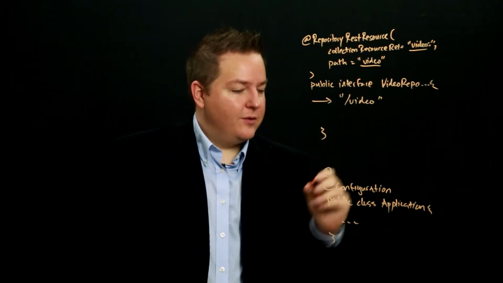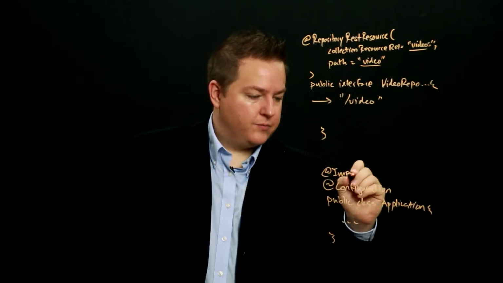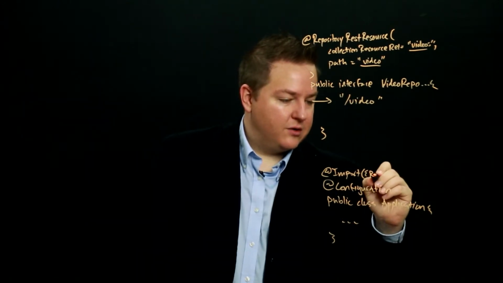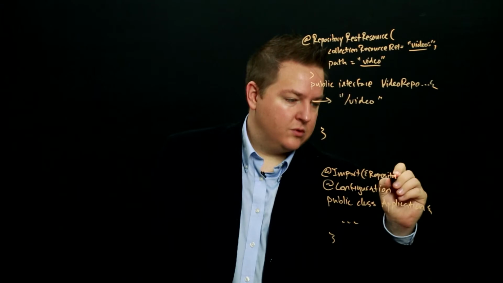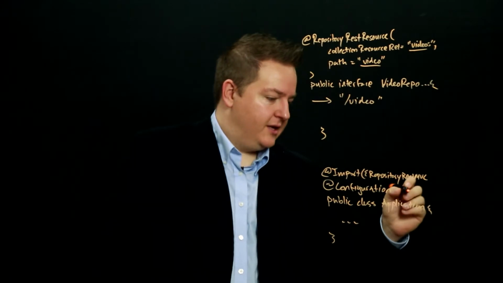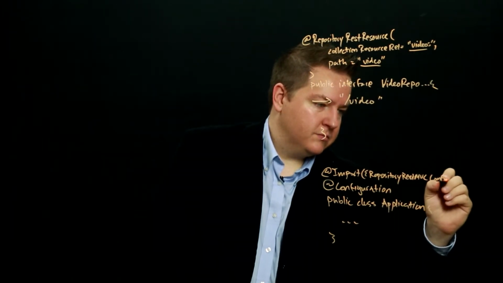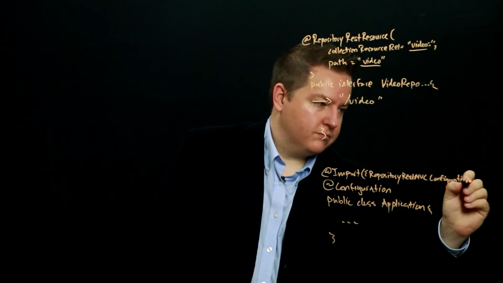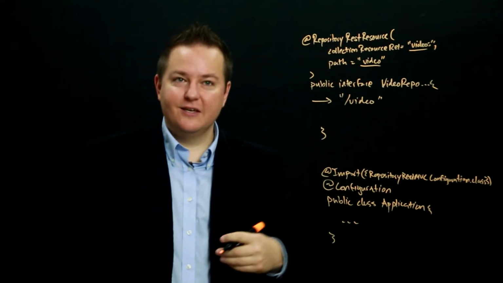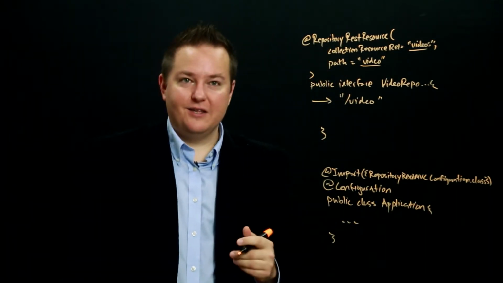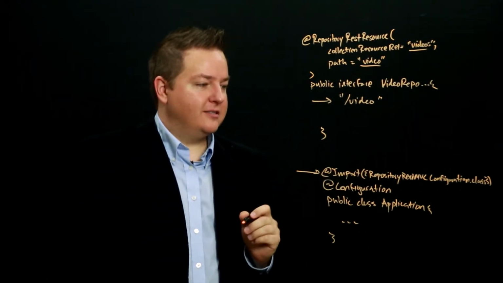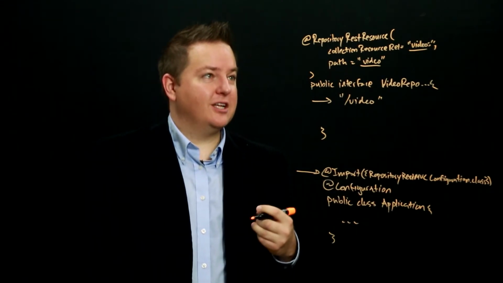So in order to do that, we need to import an additional configuration, and it's the repository REST MVC configuration. And this is quite long. It's starting to extend past my writing capabilities on this board, but I think I've just barely gotten it into the video, hopefully. So by adding this one annotation right here, importing the repository REST MVC configuration class, and adding